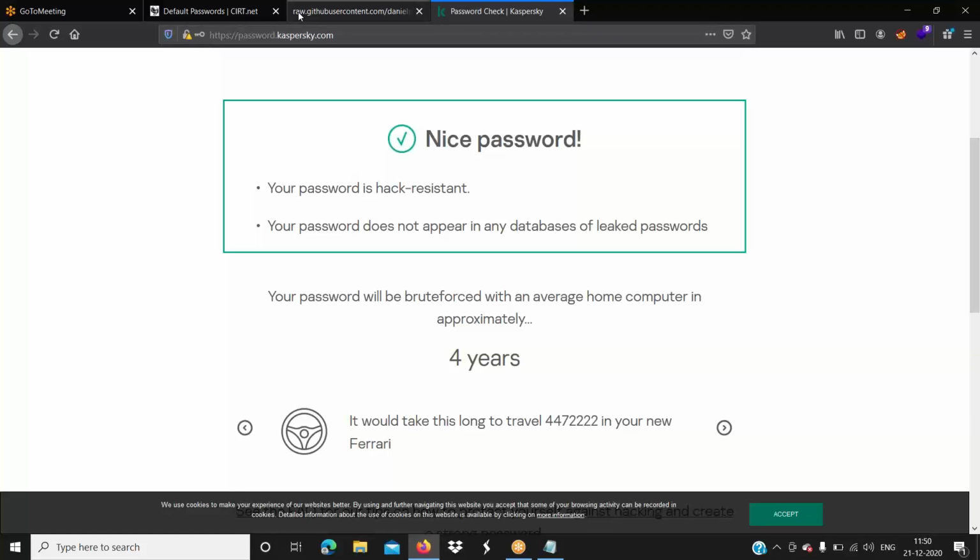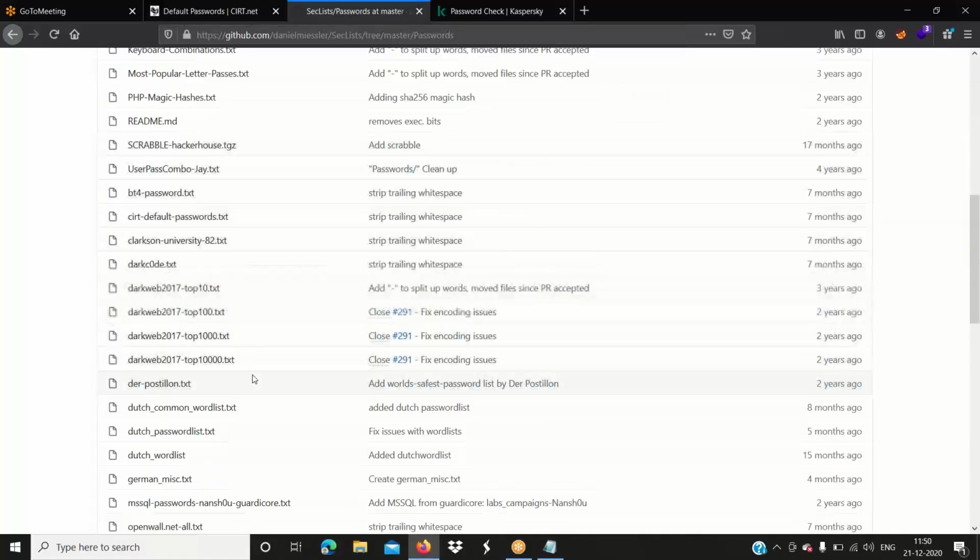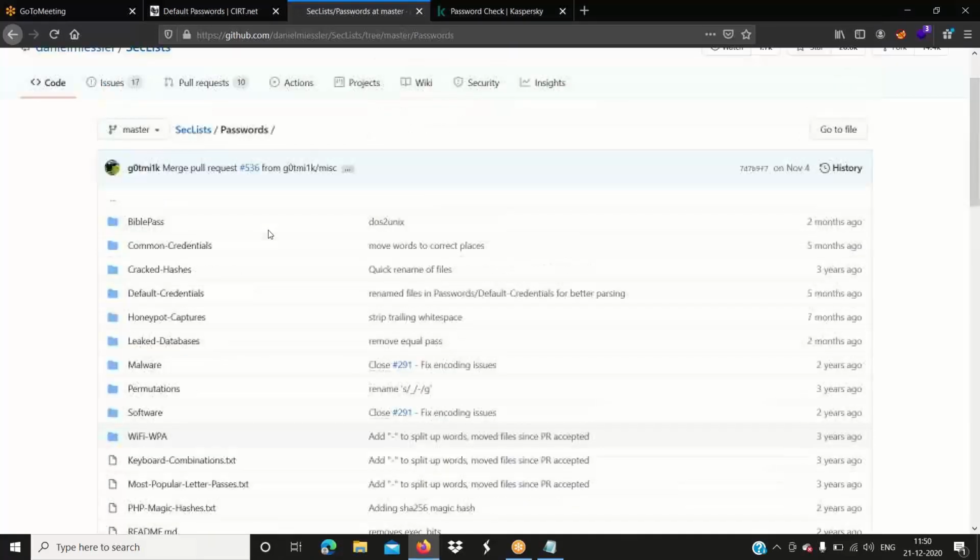This is the one, the SecLists repository. It has default passwords, common passwords, leaked database passwords, malware, software, Wi-Fi WPA passwords, so many different types of password lists.